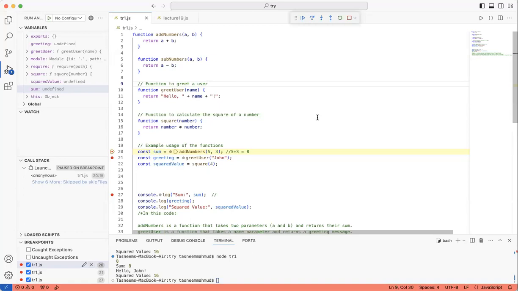All right, okay. So now you can see this bar over here. What does this bar do? This is essentially sort of like a control system for you. You can control the whole thing from this small block. This is the pause and play button. If you press on this, the code will start running or the code will pause.